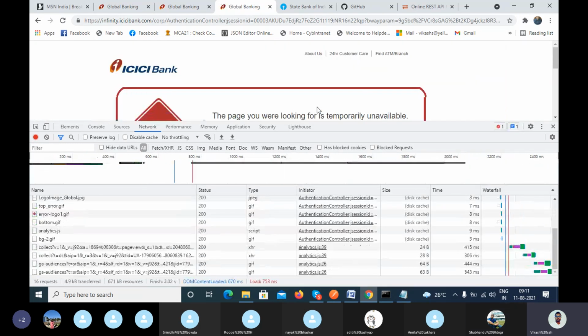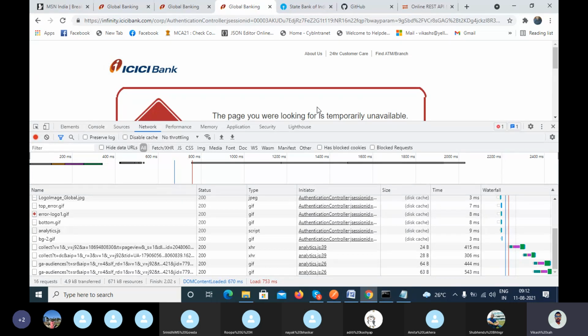All of this is internal. If they showed it, what would be the meaning of security? These things are encrypted and happening in the backend. The user can't see that, right?